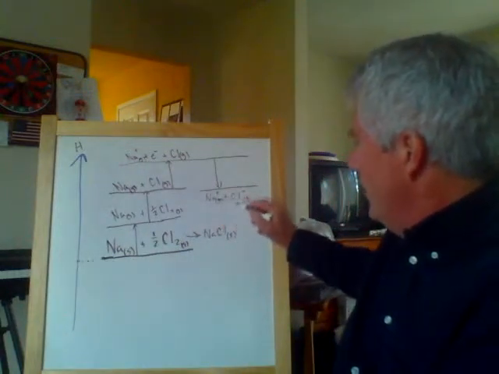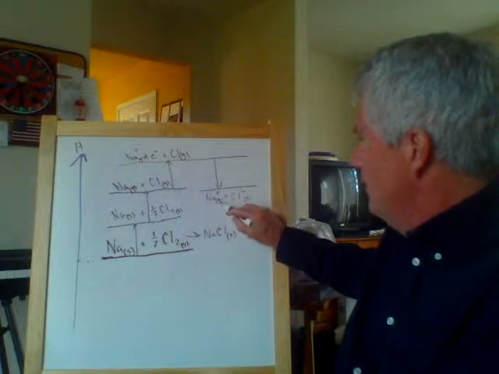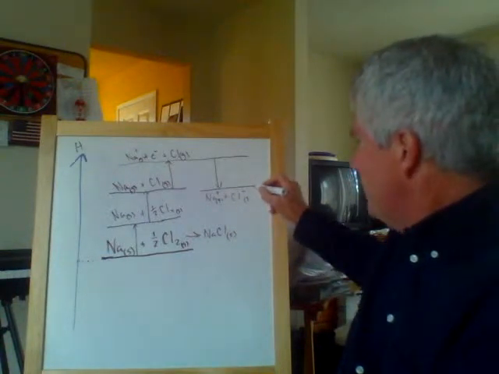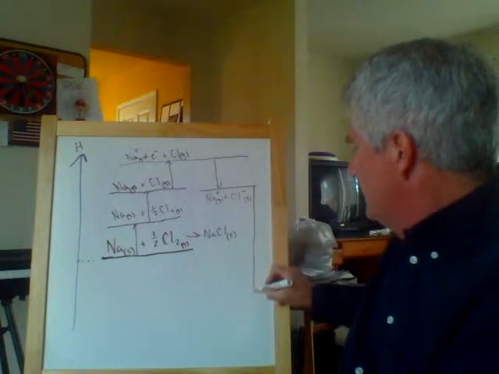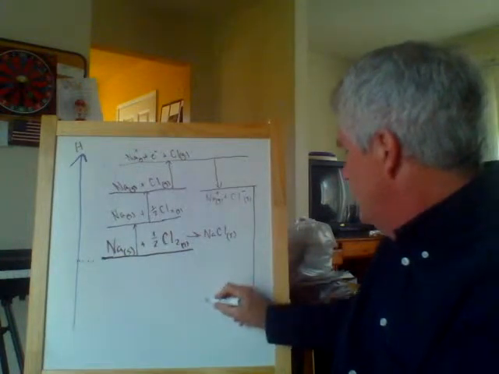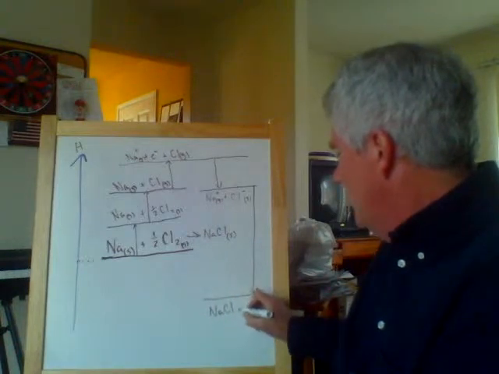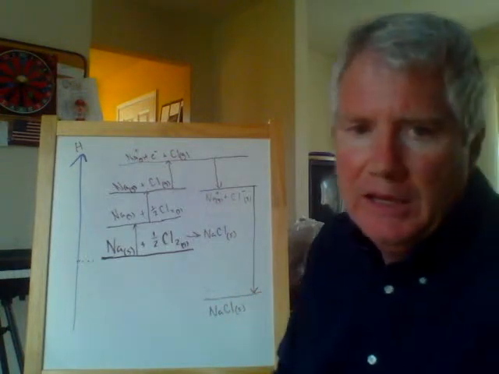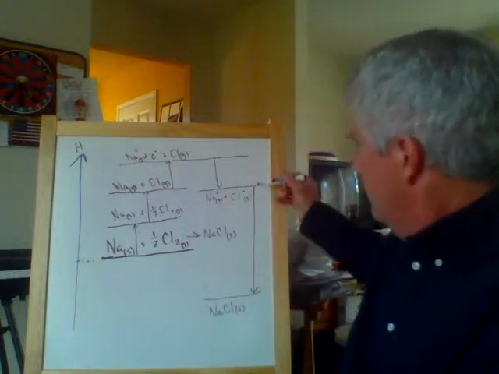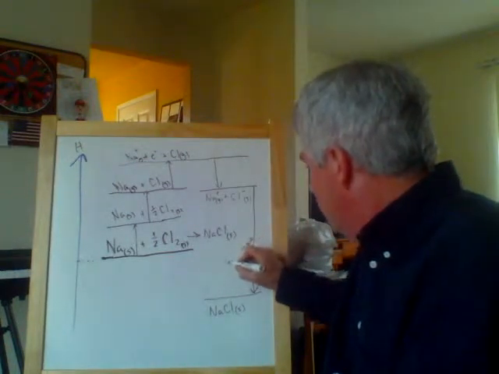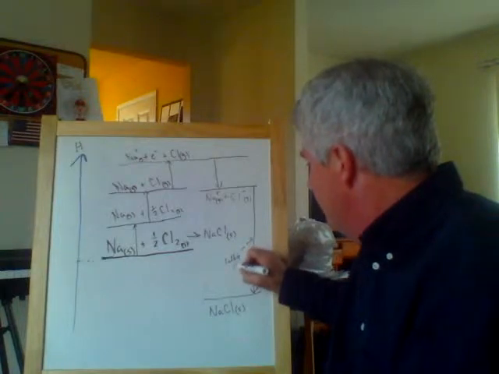But now that we have a gaseous sodium cation and a gaseous chloride anion, the last step takes us down here, where you finally have sodium chloride as a solid in a lattice. This step is huge, and it is known as the lattice energy